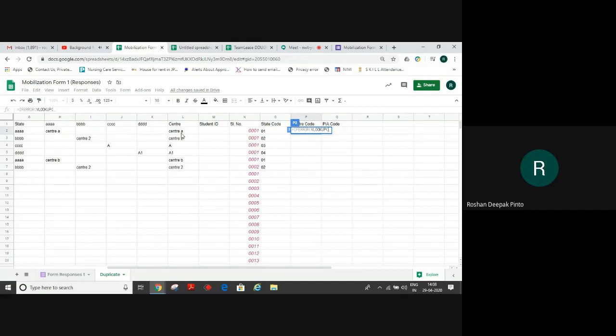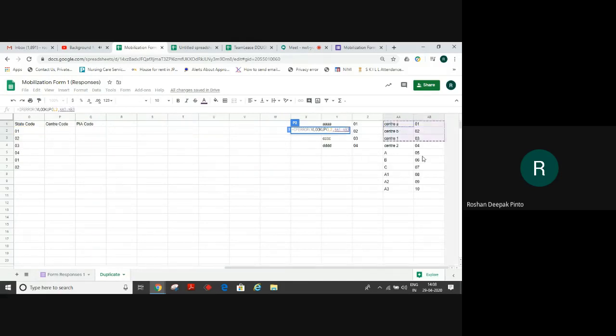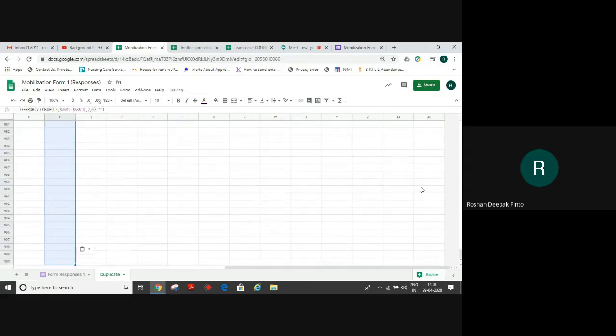Now I want to VLOOKUP for the center, comma, from the center data. Again, I press the F4 function so that it remains constant, comma 2, comma 0, bracket close, again comma, 2 times inverted commas and close the bracket. You have your center code. I will drag this till the end and you have your center codes.